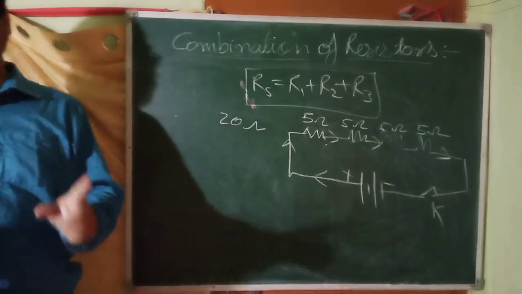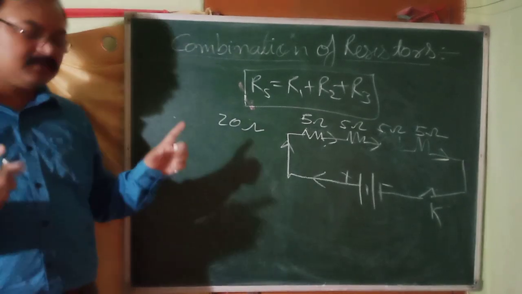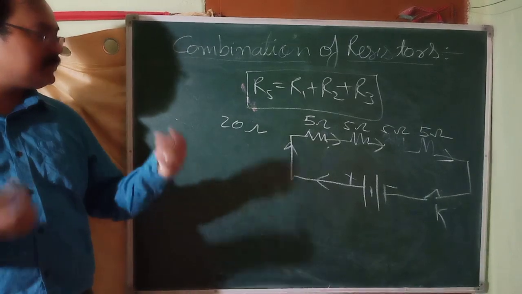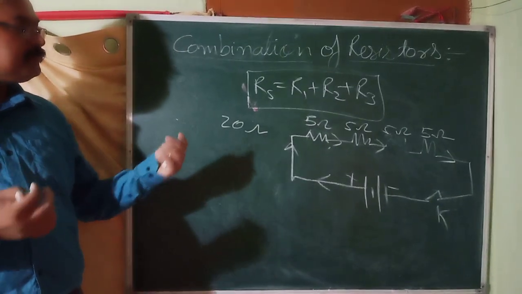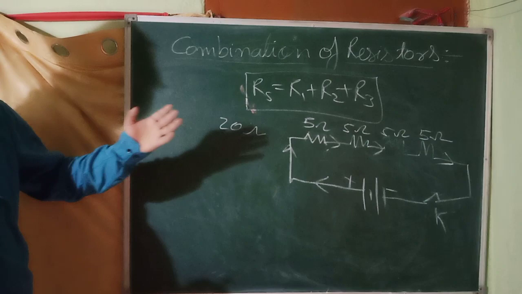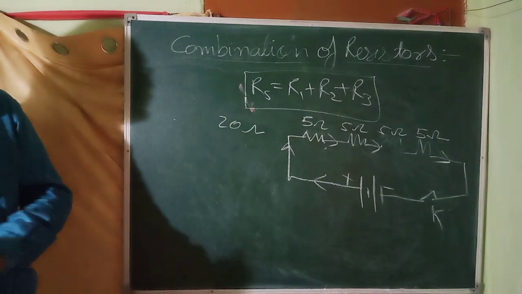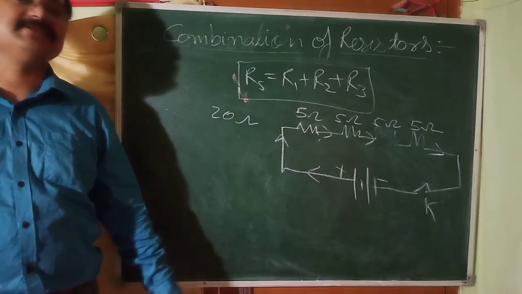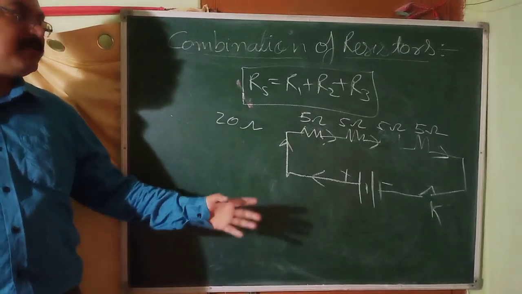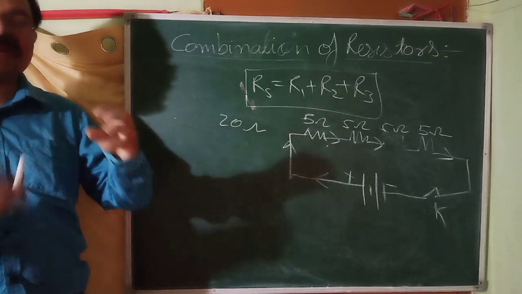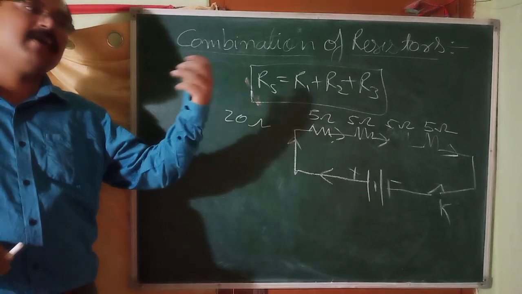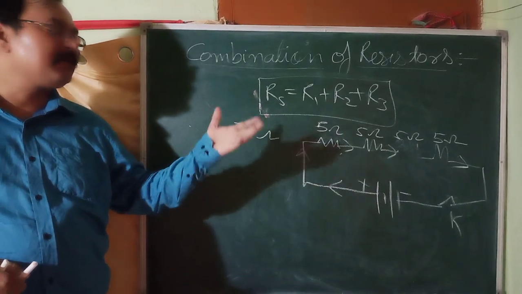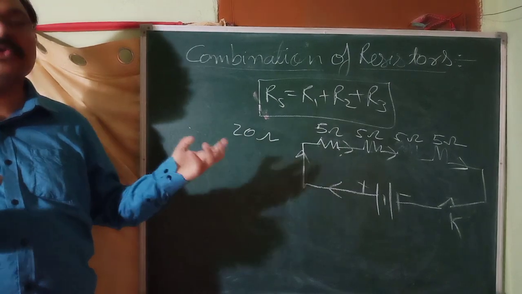And that is, we can say, the lacuna, or the problem with the series combination of resistors, okay, or series combination of devices. It is not only for resistors, it is for all the devices also. In series combination, if one of the devices is blown off, suppose you have connected 3 bulbs in series, one bulb is blown off, then what will happen? The circuit will become disconnected and other bulbs will also not glow.